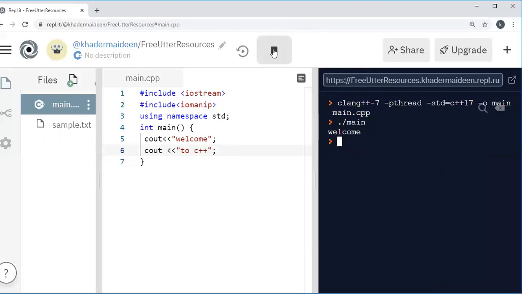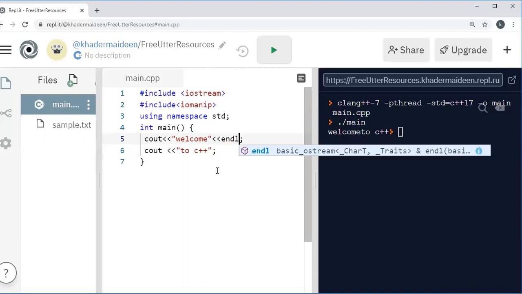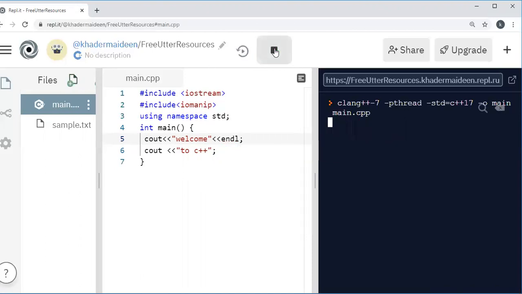While executing this program, we get welcome to C++. Now I am using the manipulator here. Therefore, welcome is displayed and to C++ appears in the next line. Okay. So this is the use of the endl manipulator.